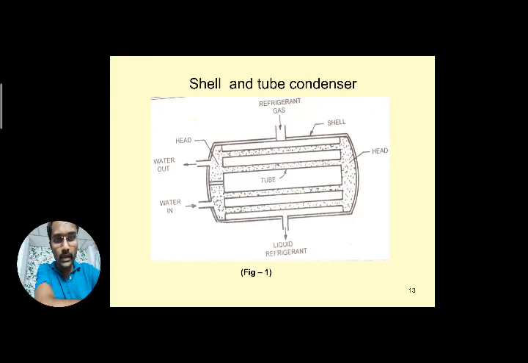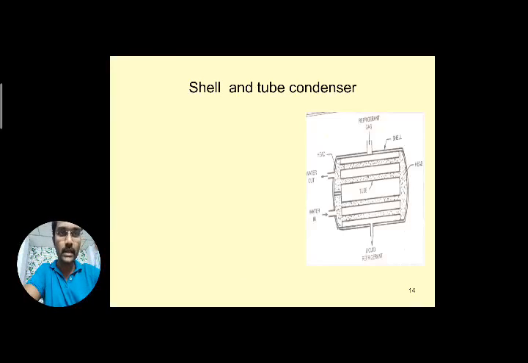Now if you see the other side of the shell, on the left side, water at normal temperature enters at the bottom section, and at the top there is an exit where the water comes out at high temperature after heat exchange. The hot water coming out at the exit is provided at the top. These are the two headers at the sides. Whenever there is a requirement to clean the inside of the tubing, the headers can be opened and cleaned manually. We will see some point wise discussion on this.